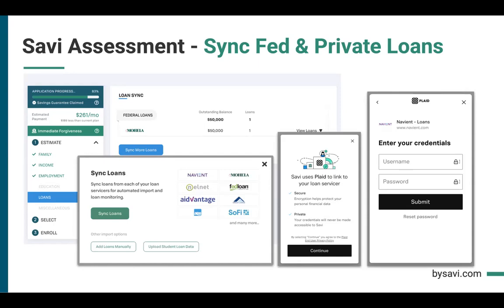So let's say your servicer is Navient. You can select that, enter in your Navient username and password credentials, and it's going to sync over a read-only snapshot of that data. So it's not giving us access or anything like that, but just telling us things like the balance and the interest. These are critical for us to be able to ultimately give you that best estimate possible. Once you've synced those loans,